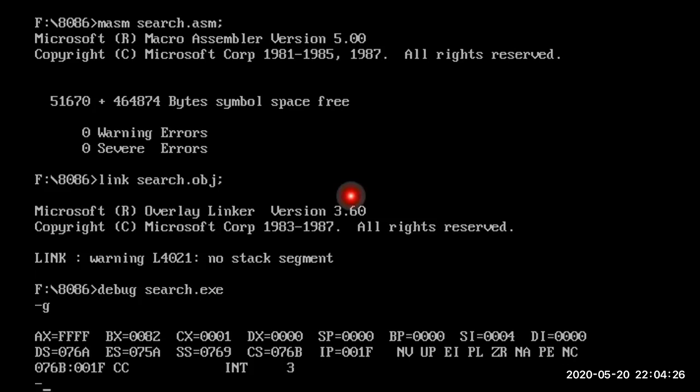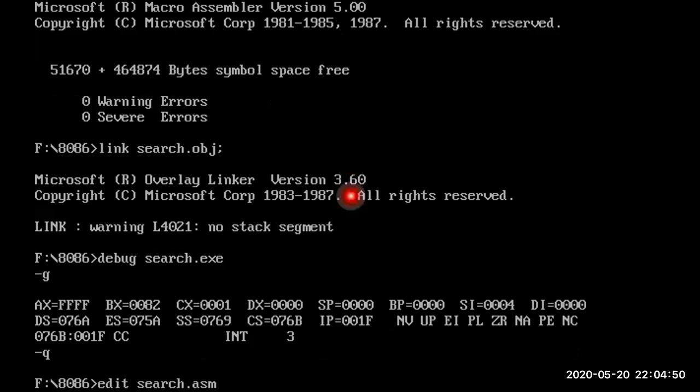My result is that the number is found in the array, so AX equal to FFFF. That I will understand the number is present in that array. And what is the number I'm searching in that array? 82 is the number I'm searching, so that 82 you should get into the BL register.